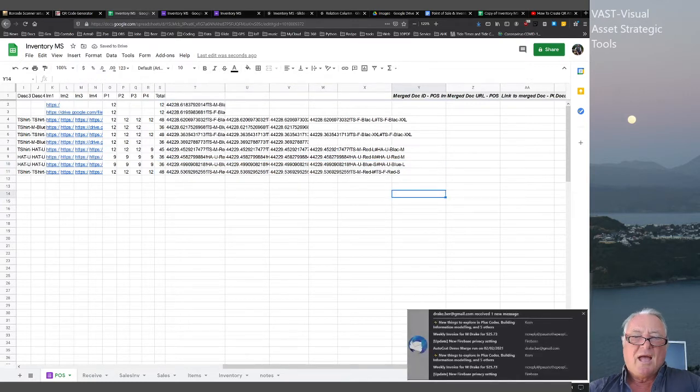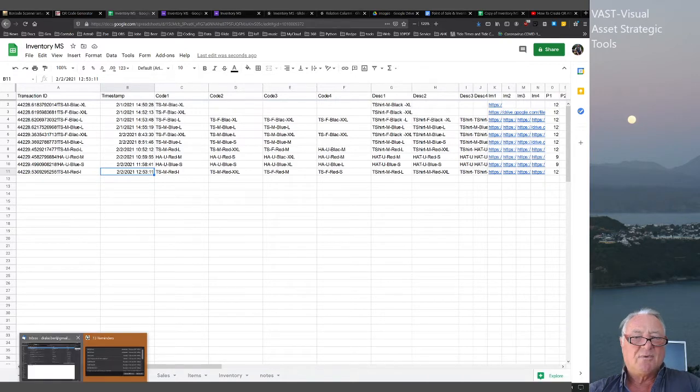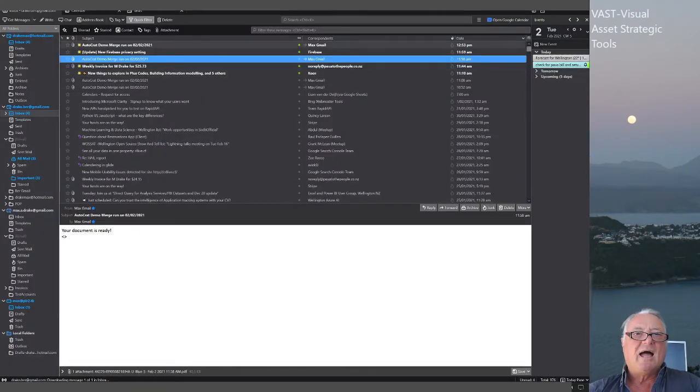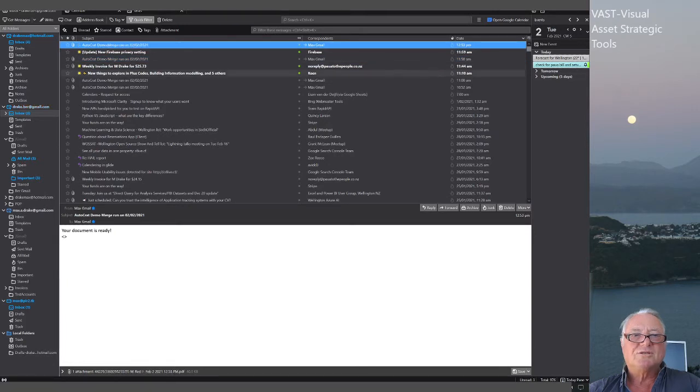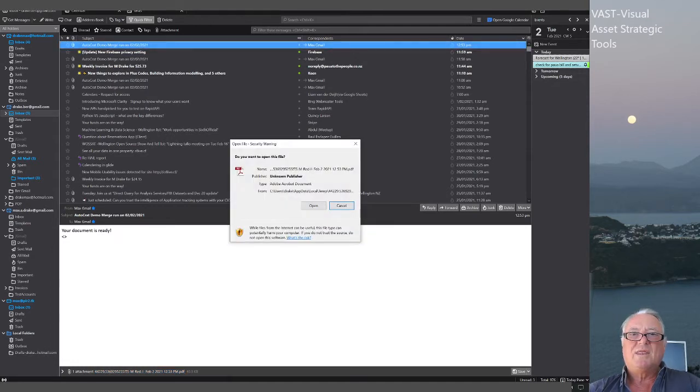There we go. And you see, I actually just got an email just there. I just want to come across here. And this was actually sent off at 12:53:11. And if I just go to my emails there and Autocrat merge there, this was received at 12:53 through here, and if I open that with whatever,